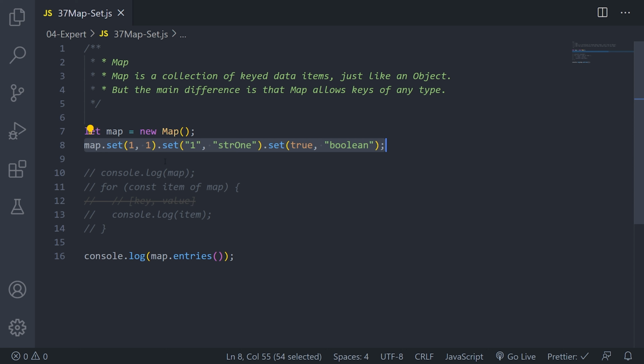But in case of objects, it is not suitable. It will convert whatever key or property you pass into a string, and then it will hold the value. But in case of map, it holds numbers, any sort of key you can create. So that is the main difference between map and objects.